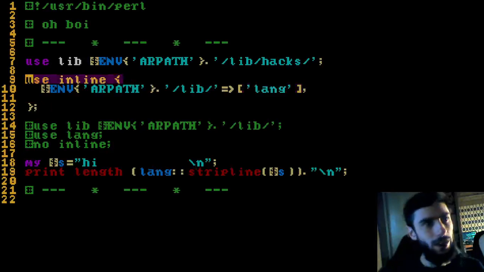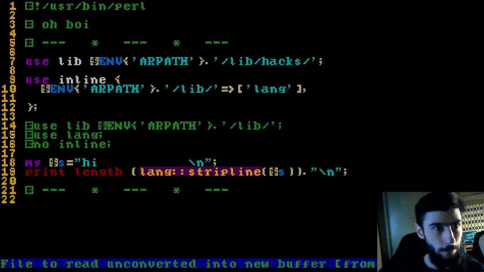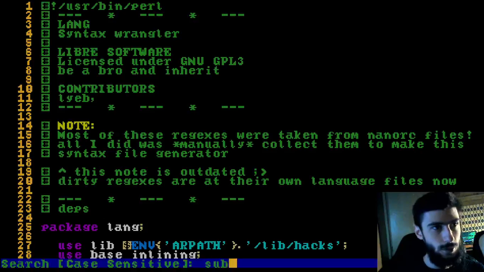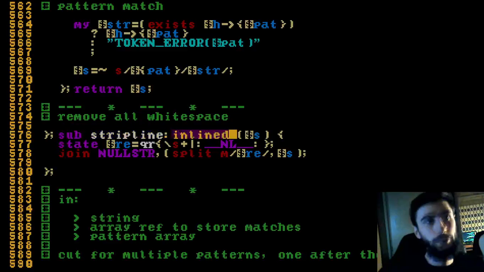It will read our file, and whenever it encounters a symbol that is declared as inline, as we can see in here, right? So if it's given the inlined attribute like so,